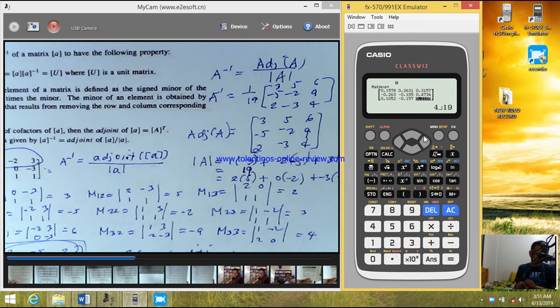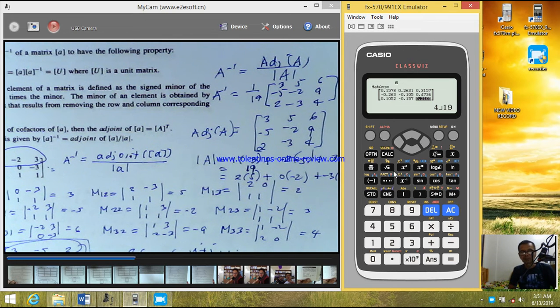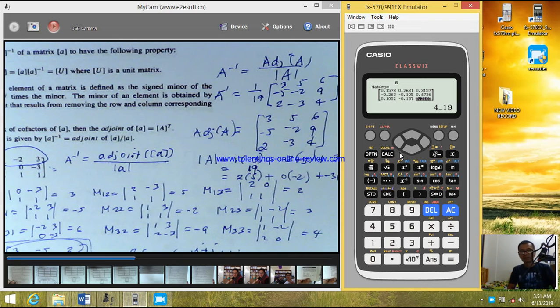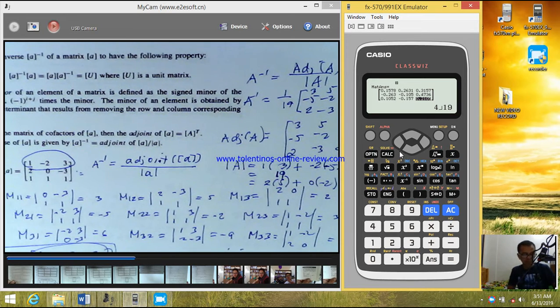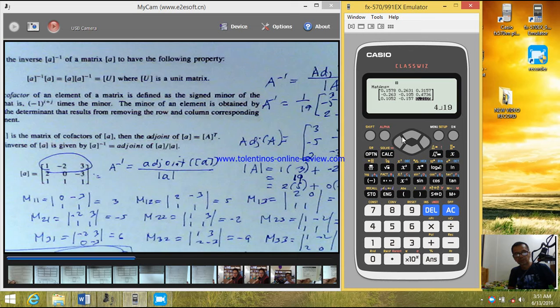Okay, so what I did is only the adjoint method. There are other ways to determine the inverse matrix. One is the Gauss-Jordan